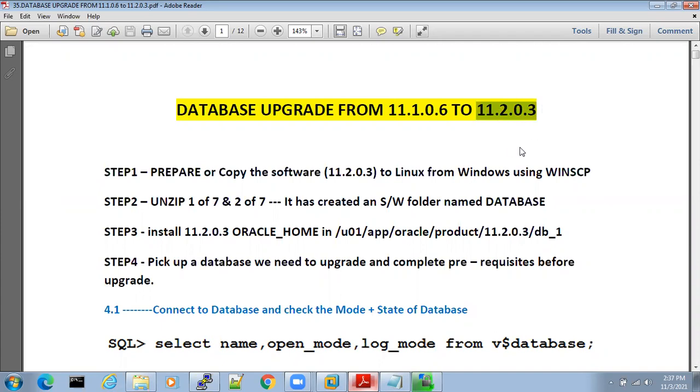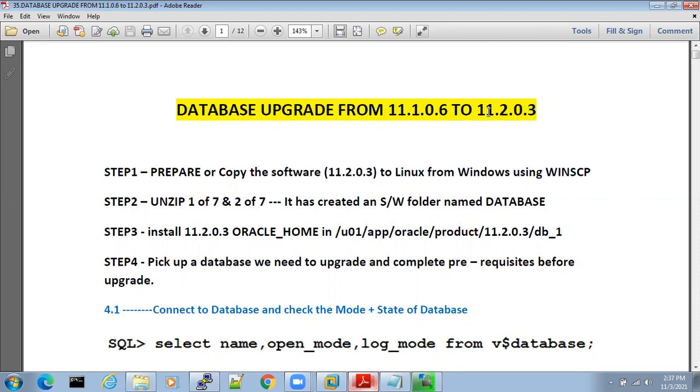If the software is not installed on the server, we cannot upgrade the database. I have to upgrade my database from 11.1.0.6 to 11.2.0.3, so you have to upgrade from this version to this version.